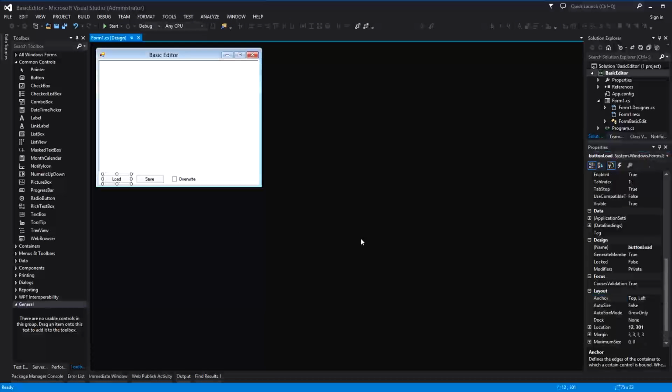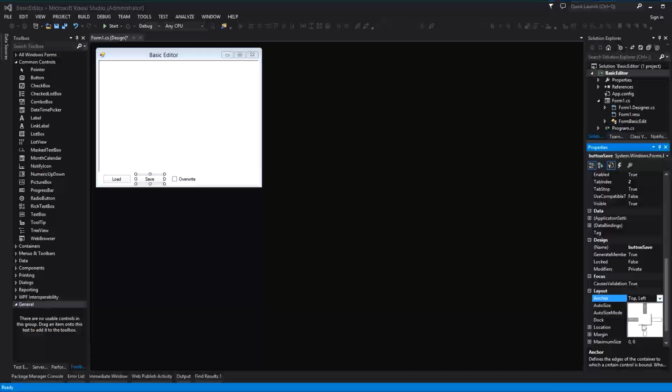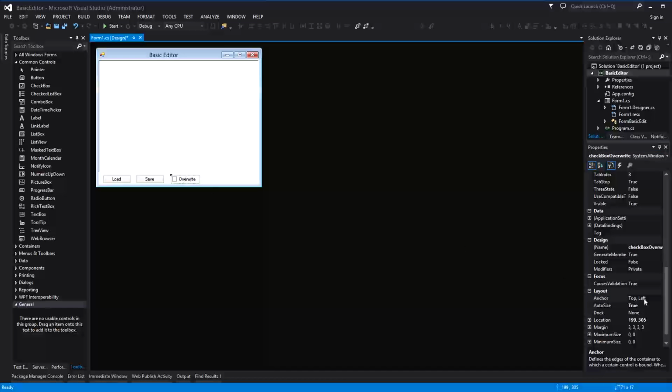Click the load button, go back to your properties, to layout, to anchor, drop down, select the right, select the bottom, deselect the left and deselect the top, then select out of the window to accept that change. Do the same again with the save button. Okay, select the bottom, the right, deselect the left, deselect the top, and then do the same again with the checkbox. Select the checkbox, deselect the top and the left, reselect the right and the bottom, select out again. Okay,